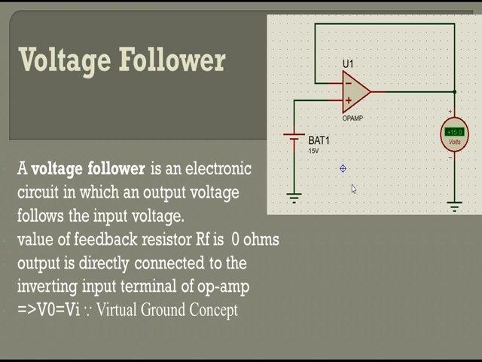You might have a question: why do we make such a circuit which gives input and output voltage the same? Because see, in a general example, if somebody asks you for 1000 rupees and you don't want to give the 1000 rupees, then you know definitely he will check your pocket. Then you first give your money to your friend, and if that person checks your pocket, he doesn't find the money because you already gave it to your friend, and when the person leaves, you can take your money back.